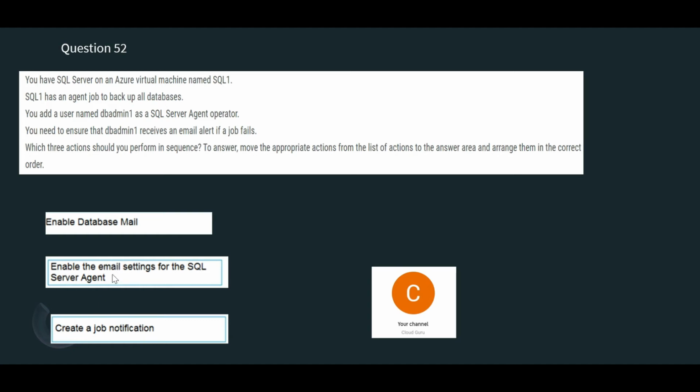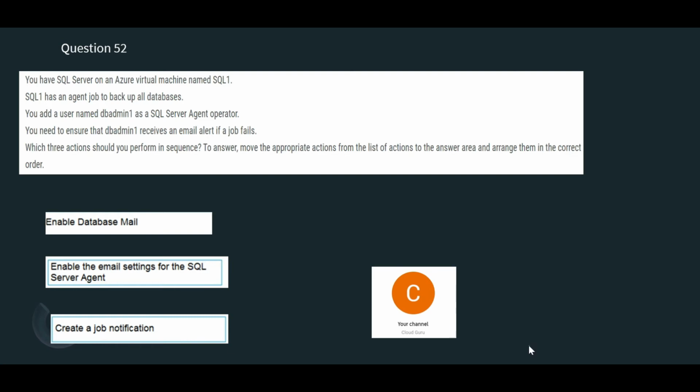So after you enable the settings, like you are giving it the pop server details, and then here you are creating a job notification, so that if there is a failure, you tell the job that you send email to this email ID. It can be blah blah blah at something.com, and usually we also put a body and a subject to that email.